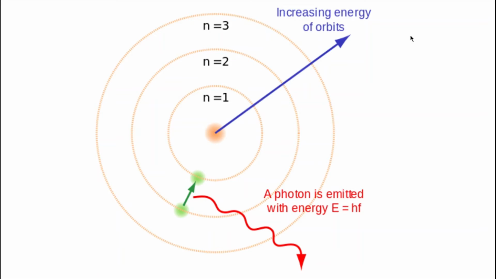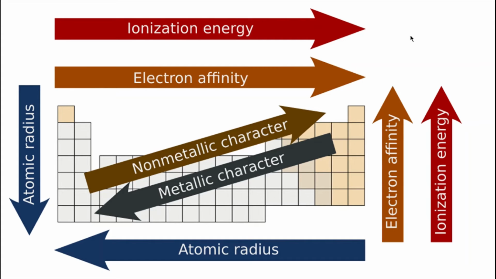There are different shells of different electron levels. And these electrons can either emit photons to go down levels, or they can absorb photons and go up levels. Obviously, the latter is much harder. And so what Bohr's model does is that it actually paves the way for an explanation of some of the chemical processes that Mendeleev puts in his periodic table.